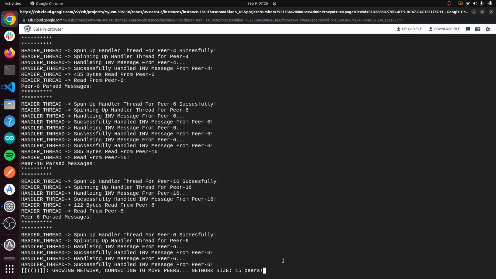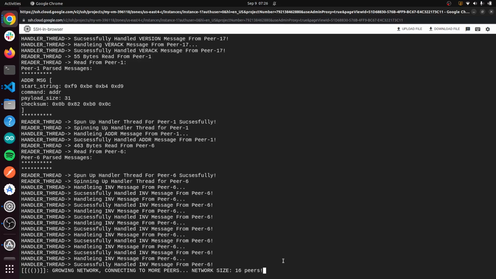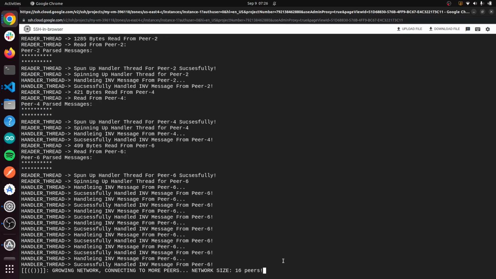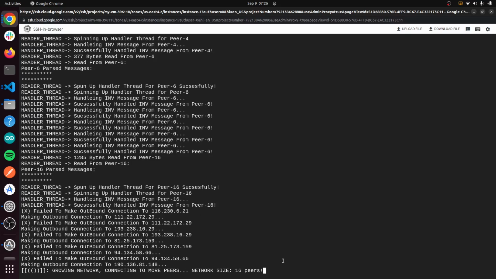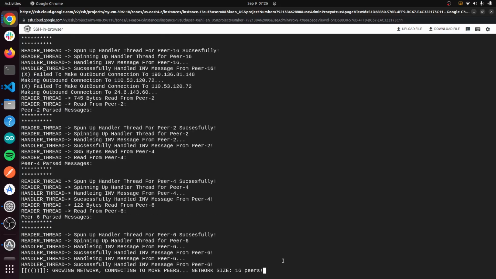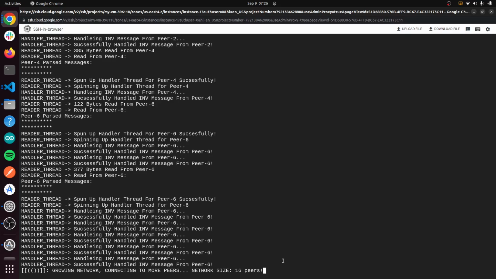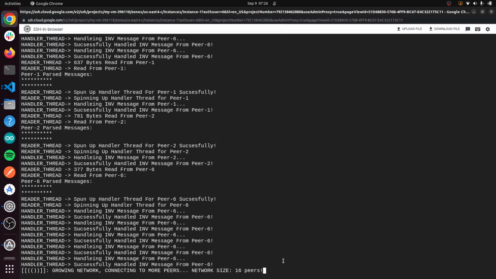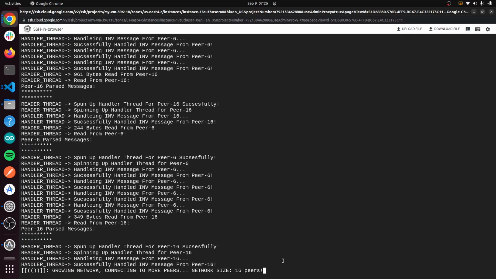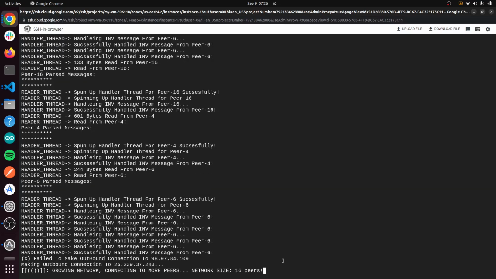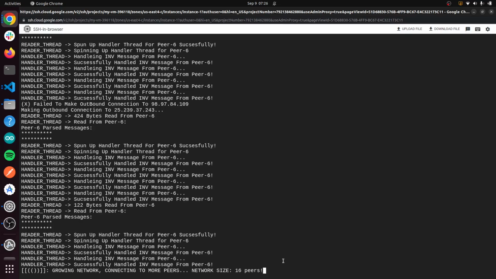Yeah, so I think I just got an error parsing message in the console, and I'm pretty sure that's because I haven't written handlers or parsers for every type of message. Even the ones I did write parsers for, I just throw them away, like the INV message. So we'll get to all that later. Hopefully I don't abandon this project again. But for now, I'm just trying to grow a network.